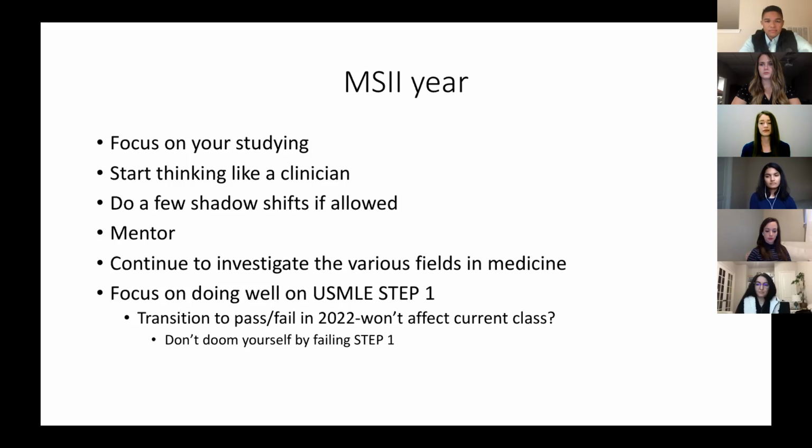The other thing too during your second year is you kind of want to start thinking more like a clinician. If you're allowed to do it, do a few more shadow shifts. Go in on a few evenings and weekends for a few hours. If nothing else, this might help your sanity as you're going through your second year of